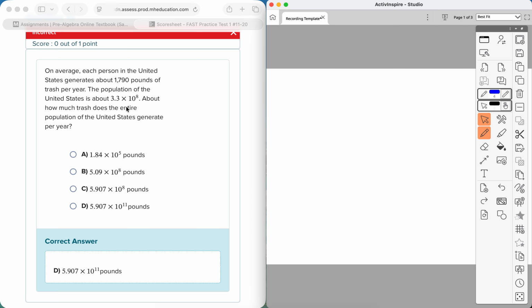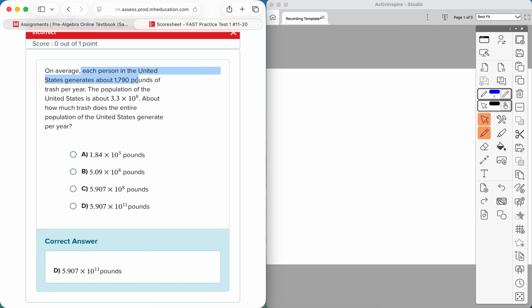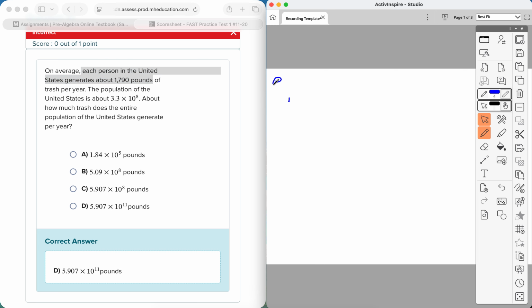About how much trash does the entire population of the United States generate? So they've given us how much each person generates. So let's write some of this down. Let's take notes. Each person is equal to 1,790 pounds of garbage. And then